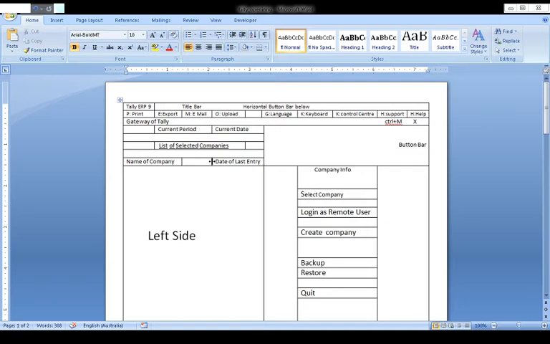It is divided in two parts, left side and right side. So in the left side, what we see is the name of company, list of selected companies, below that name of company and date of last entry in that company.